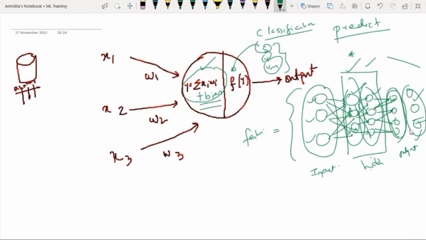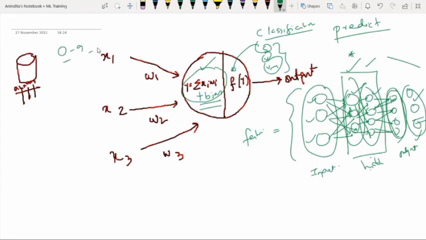So if we perform text classification, or if we perform some kind of number classification, handwritten digit classification, then in the output layer we have 0 to 9. Means how many nodes we can expect? 0 to 9. So we have multiple nodes in the output layer. But whenever we are predicting some value or forecasting some values, then there will be one node in the output layer. So what is the final conclusion of today's discussion?